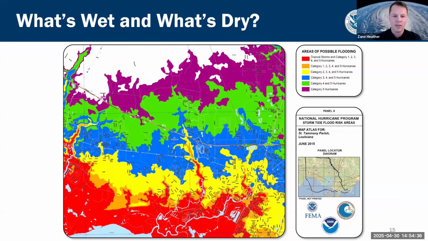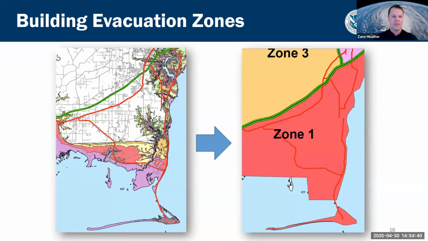So if we go forward, the next question is, how do we take this storm surge risk information and use it to make something that is actionable as well as easy to communicate to the public? And essentially the way to do that is through the creation of hurricane evacuation zones. Hurricane evacuation zones can be built using MOMs or MEOWs, and essentially they are risk-informed zones, so using that storm surge risk that are tied to local, human, and physical geographies.